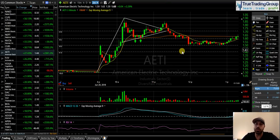This is where the lesson comes in on volume on wedge breakouts. Guys, when you get a wedge or a flag, whatever you want to call it, flag, wedge, pennant, there's a very specific volume action that you want to see during this pattern to give you confirmation the stock's going to continue higher. And that is heavy volume on the way up when the flag pole is created, and then light volume during the consolidation,